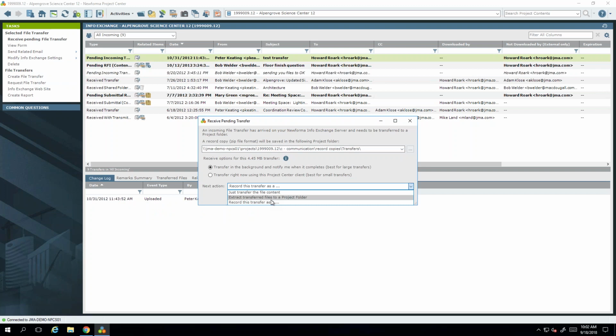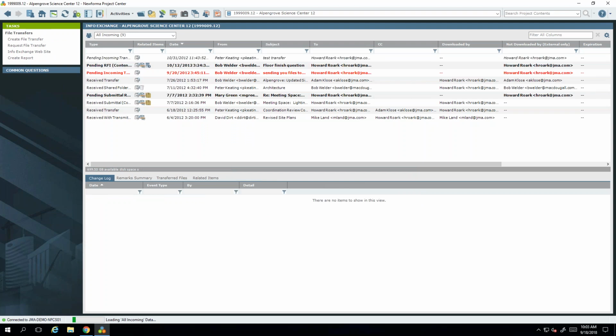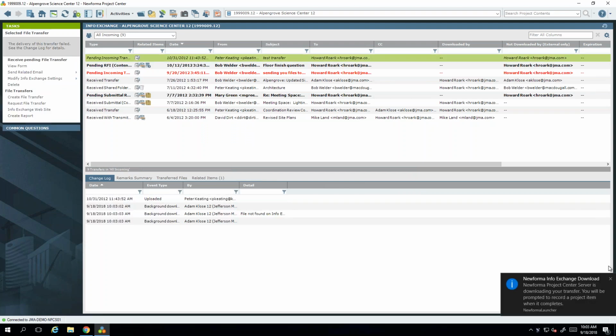I could extract it into a project folder. I could record the transfer as something else. So let's see if this one's going to work. I doubt it. It's from 2012. It probably won't work. No, it failed. I could try to record it, but that's usually when we're recording it as an incoming